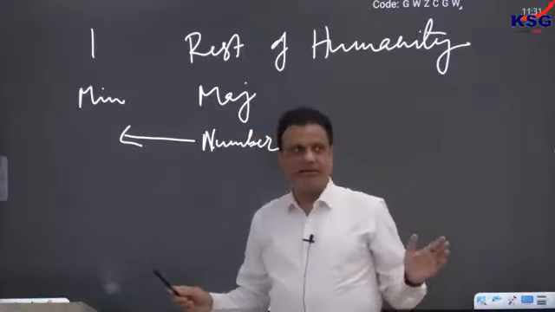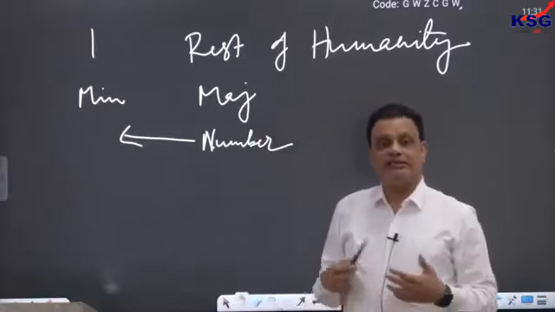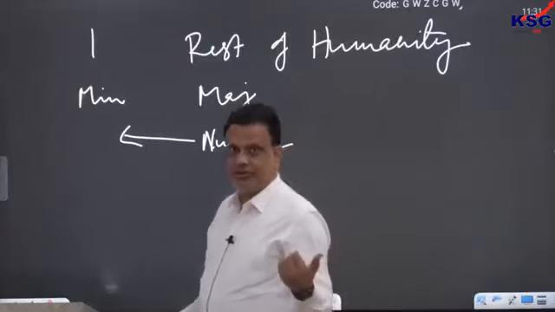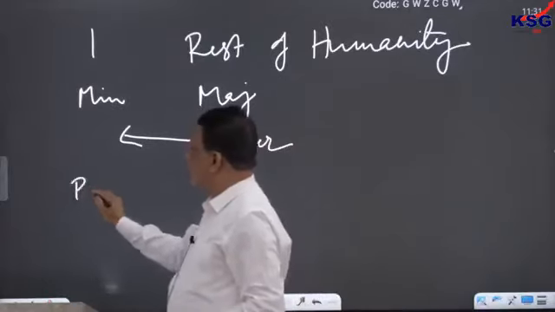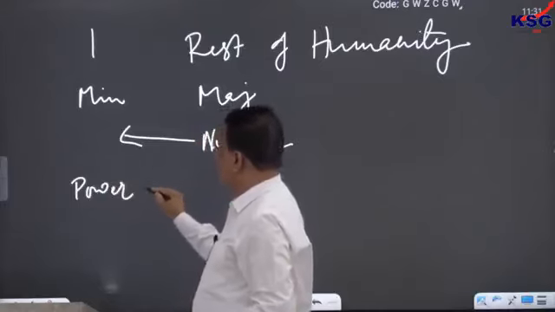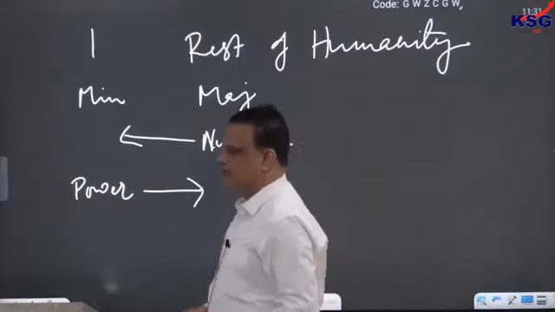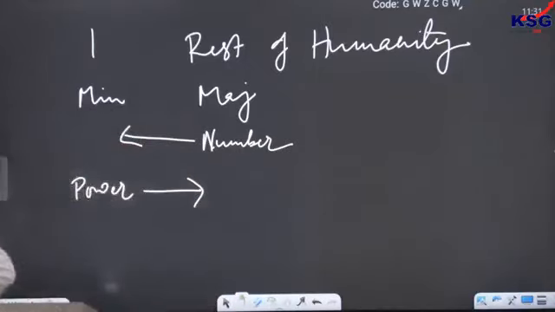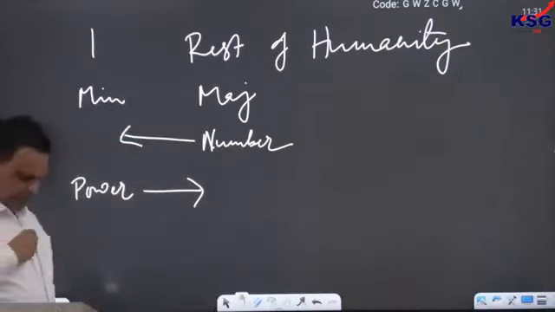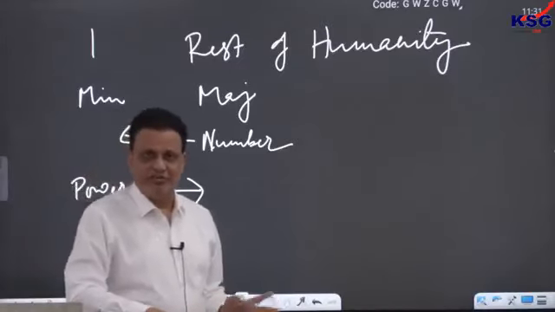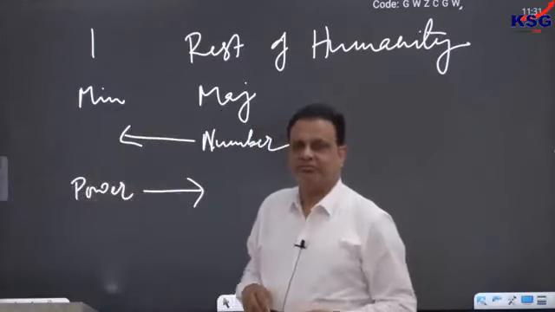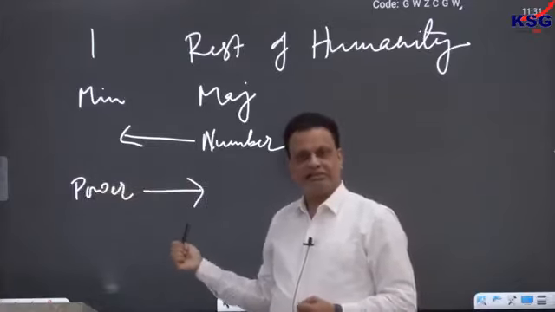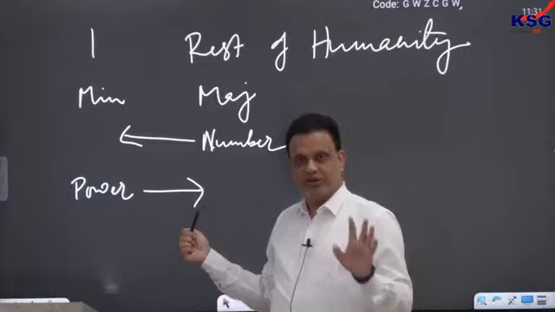So majority is large in number, so they often use their numerical strength to violate the liberty of the minority. But sometimes the reverse also happens. Suppose, for example, the minority has lots of power, and because of that power, the minority violates the liberty of the majority. So in every society, this happens normally. That in traditional India, for example, a small group of upper caste people, because they were powerful, they violated the liberty of a large number of lower caste people.